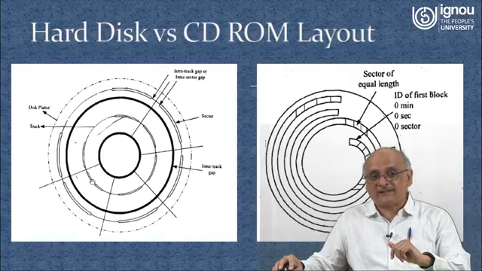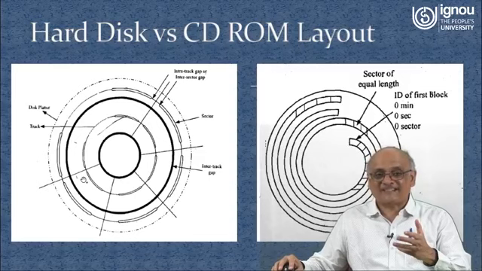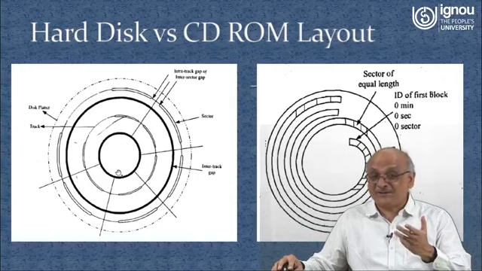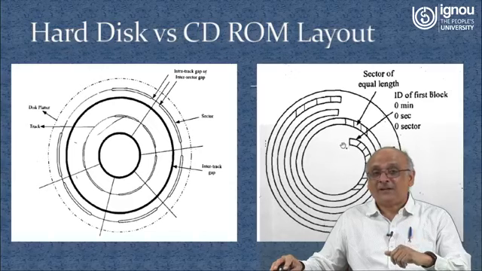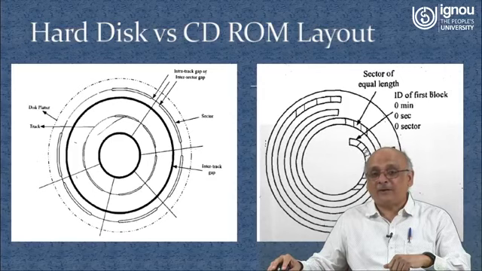So what controls the density of the hard disk? The innermost sector. But that means I'm wasting a lot of space on the hard disk. Why? Because I want faster access, random access. In fact, it is not random access, it is direct access. And direct access is definitely faster, right? That is why I use this kind of layout on the disk. However, in CD-ROMs, we use a different layout where the sectors are divided into equal length.